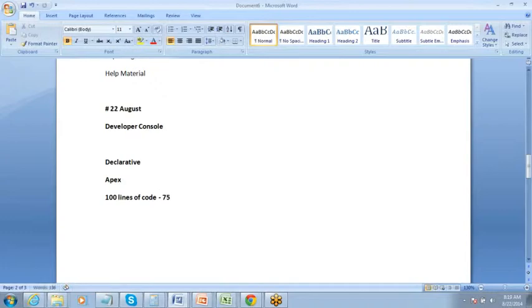Salesforce says at least 75 lines of code should have been tested before deployment. This is what is required. In other words, 75% code coverage is required. Code coverage is calculated based on each line of code, so out of 100 lines, 75 lines, or 75% code coverage. So the percentage is decided based on the number of lines of code that you have.